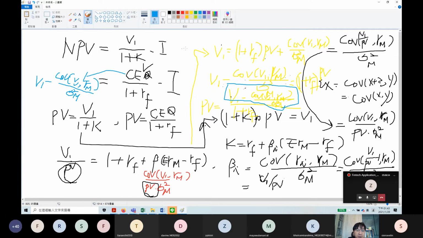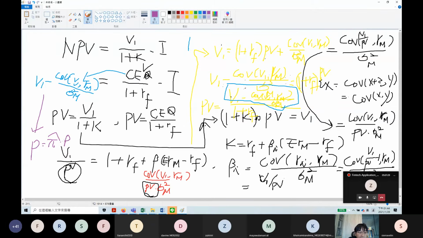In contrast to the risk neutral model, the CEV model. The risk neutral model tells us about the price. The price should be equal to probability pi